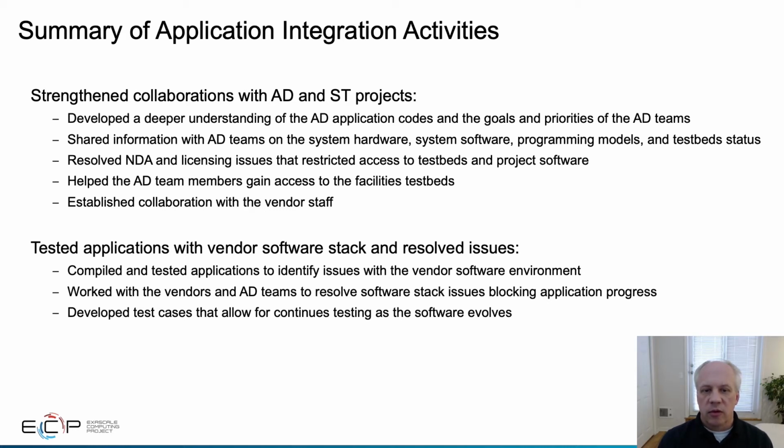the teams on the system's software, hardware, programming models, and testbeds, resolving NDA and licensing issues that have restricted access to testbeds and the project software, helping the team members gain access to the facility's testbeds, and establishing collaborations with the vendor staff. A significant amount of work has also gone into testing applications with the vendor software stack and